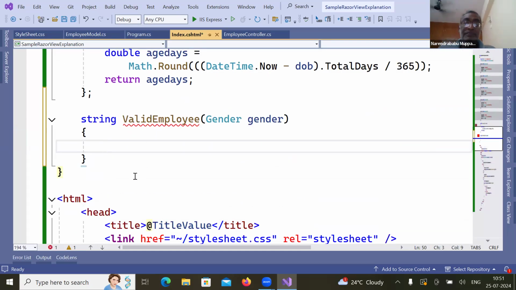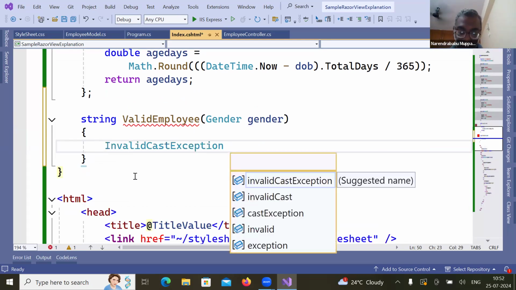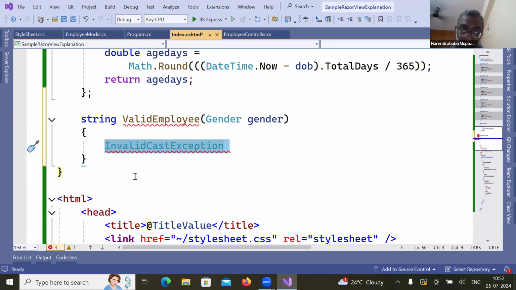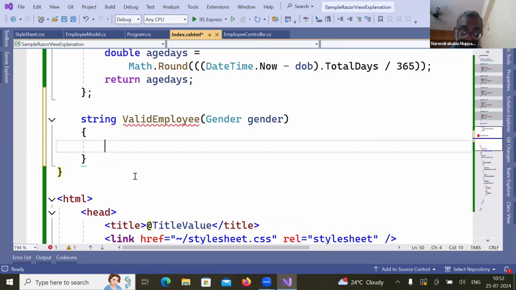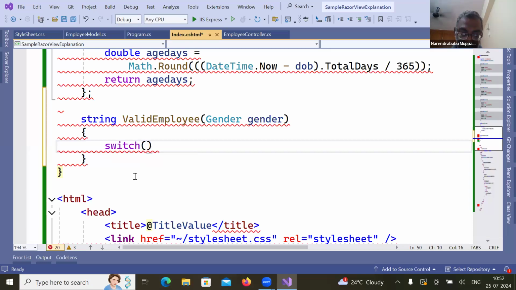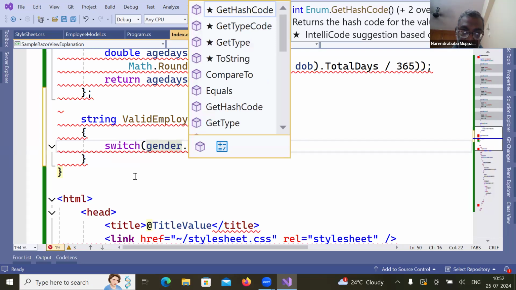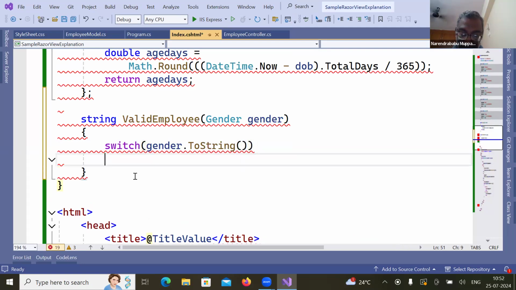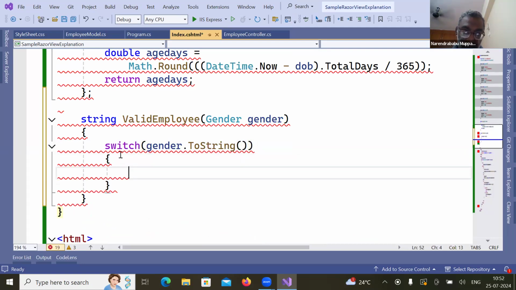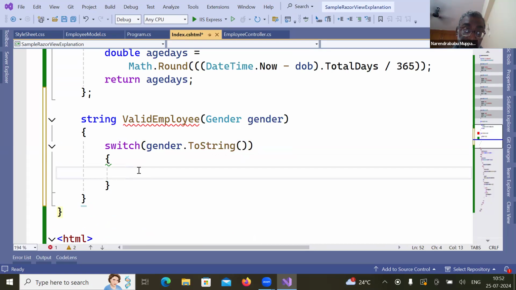Here you have to say switch, switch gender dot to string, simply put case